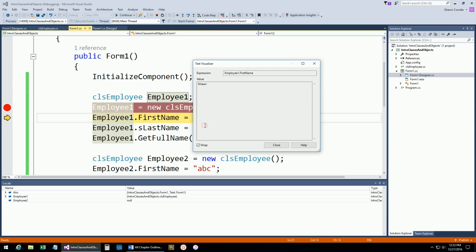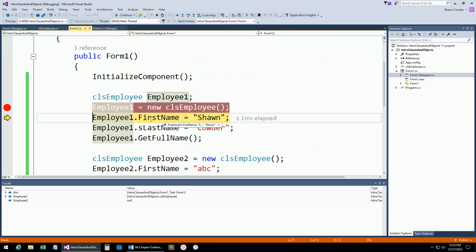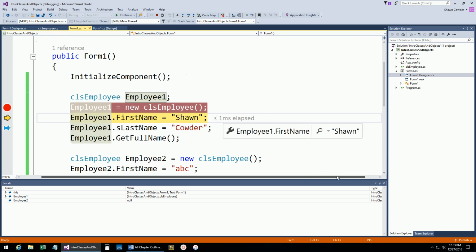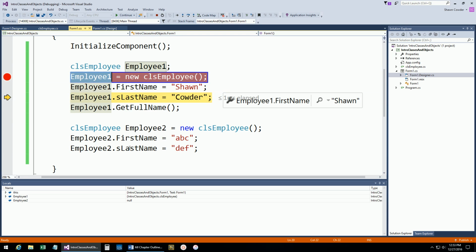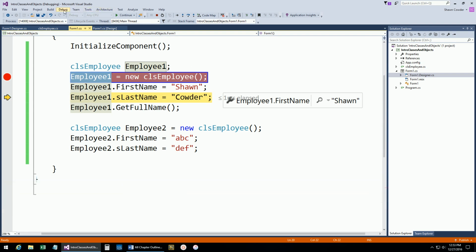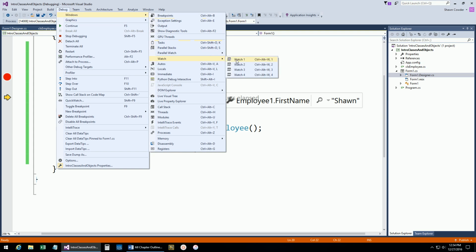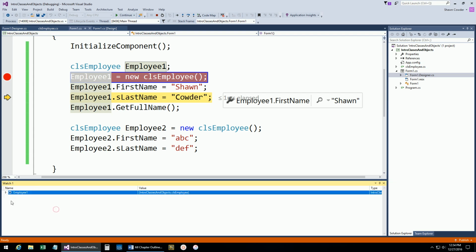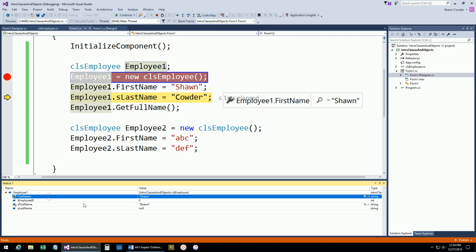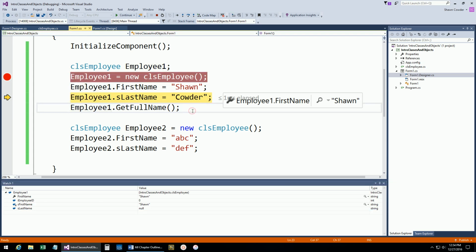I can also click this little symbol here, a little text visualizer, so you can see the value of it. But while I'm debugging, even if I press F10, for instance, you can see the value is still here over to the right. The other thing I can do is take my employee object here. Let's close this down. I can go up to Debug, Windows, Watch, open up my Watch window, paste in my object, then I can open it up down below, and same thing, I can see what all my values are set to. So you can see last name right now is set to null, but if I do F10, you can see that it's now set